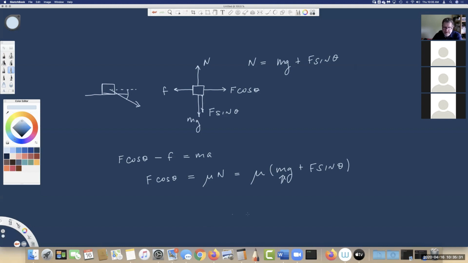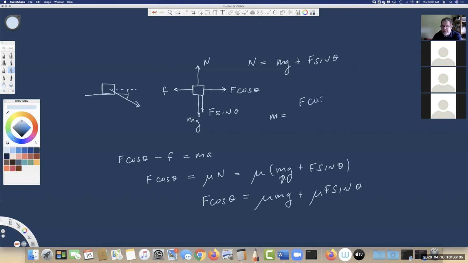What craziness is this? So on this side, I'm going to write mu mg plus mu F times the sine of theta. And on this side, I've got my F cosine theta. I'm going to solve for m here. So I'm going to subtract mu F sine theta over to this side, and I'm going to divide by mu g. So my final answer is that the biggest crate that I can move